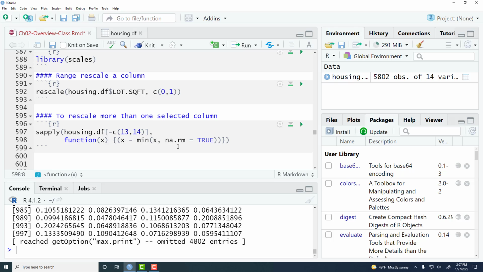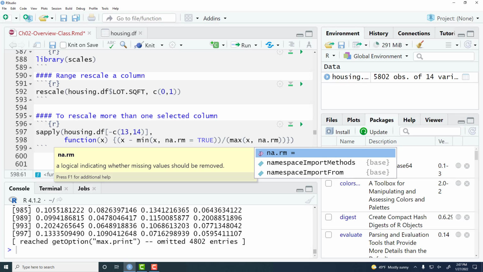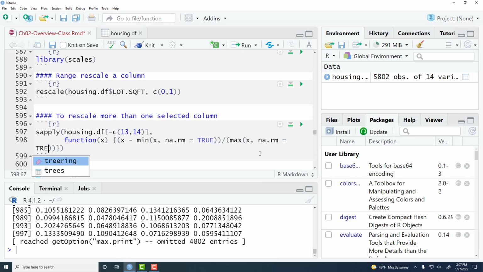So this is the numerator: x minus min of x. And then the denominator is max of x, na.rm equal to TRUE,